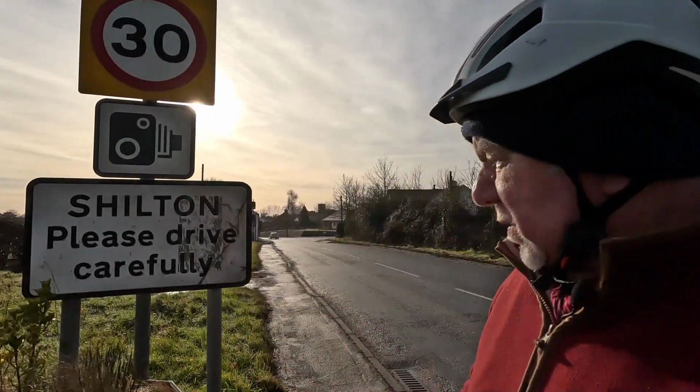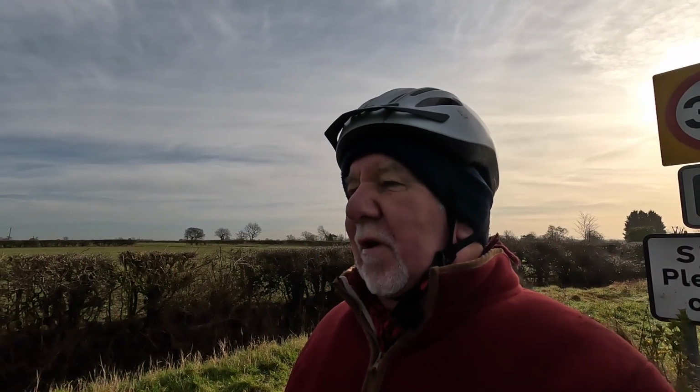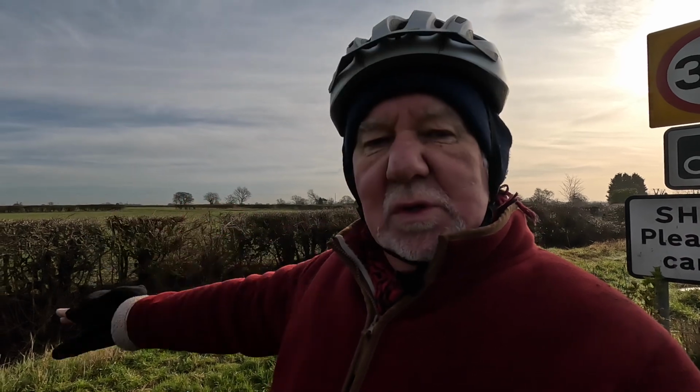Here I am, this is Shilton. I've got the sun all in the wrong place today. Well, this road from Bulkington to Shilton wasn't as quiet as the other one, which went off north of here straight over towards Withybrook. But as soon as I cross here, I'll come across the road that goes to Withybrook, which is called,